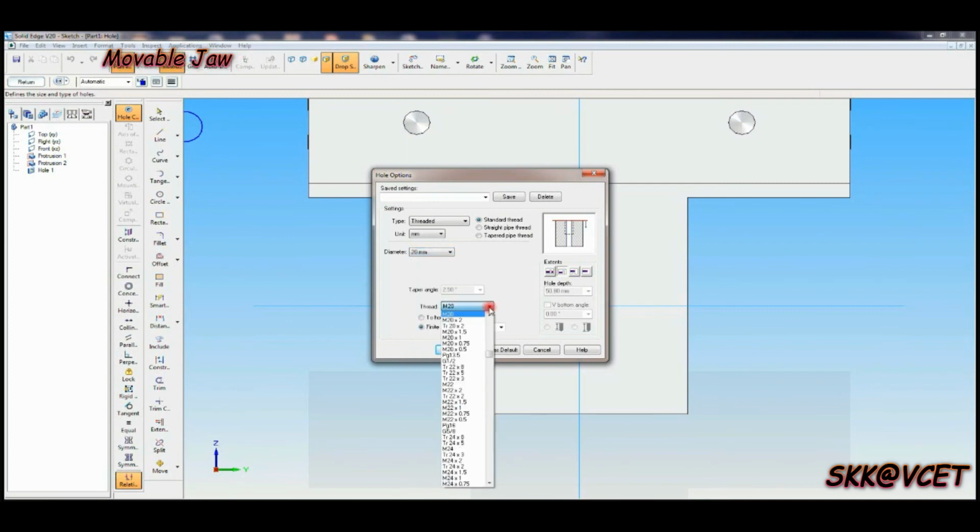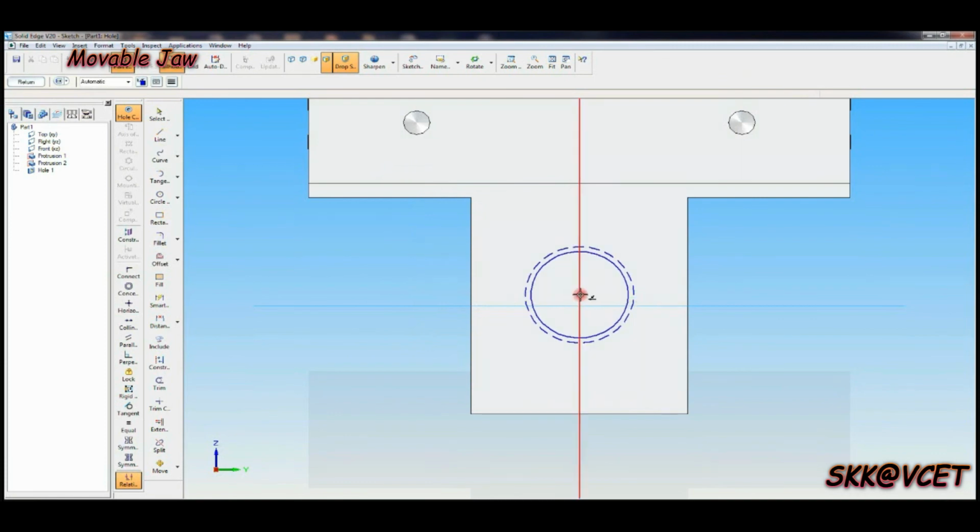And here square thread, select final extent, can give 40 mm, 45 you can give, or directly can go to next extent also.